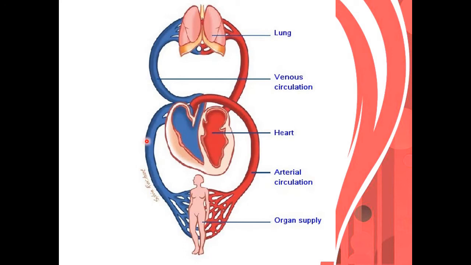If you look at this picture, this is the normal heart-lung circulation. The oxygenated blood from the lungs comes back to the left atrium, and from the left atrium to the left ventricle. From the left ventricle, it gets into the aorta and then supplies the whole body. From the different organs, the deoxygenated blood is carried back to the right atrium. From the right atrium, it goes to the right ventricle and gets inside the pulmonary trunk. From the pulmonary trunk, it is supplied back to the lungs for oxygenation.